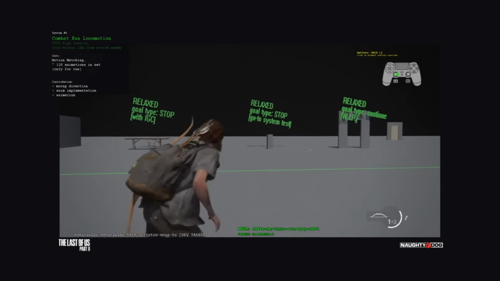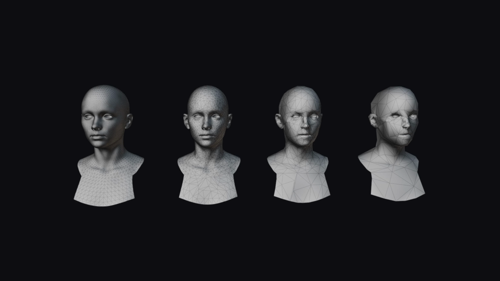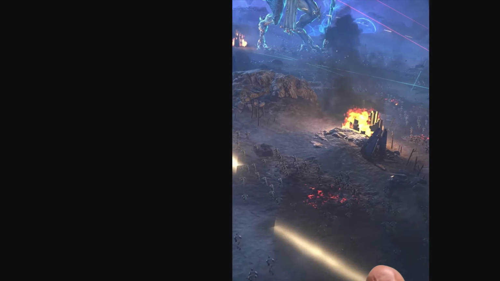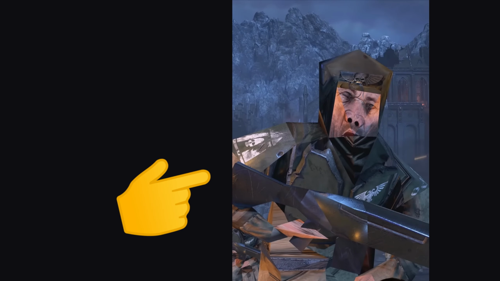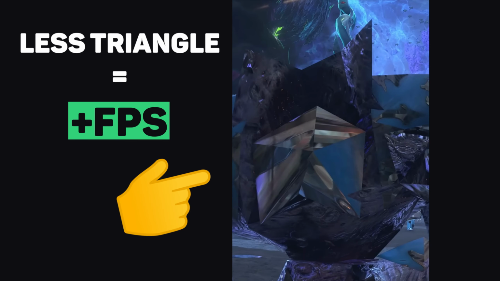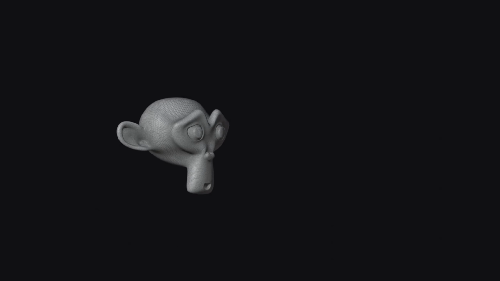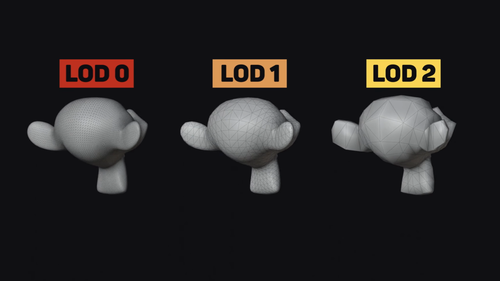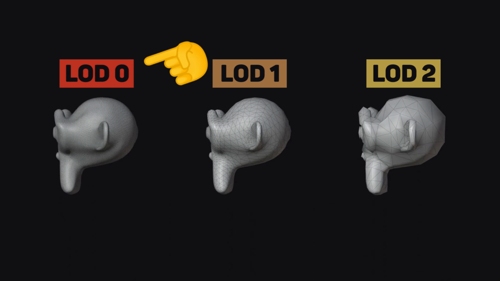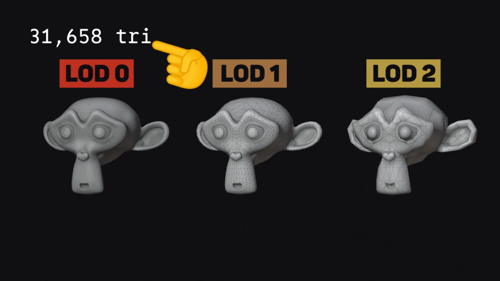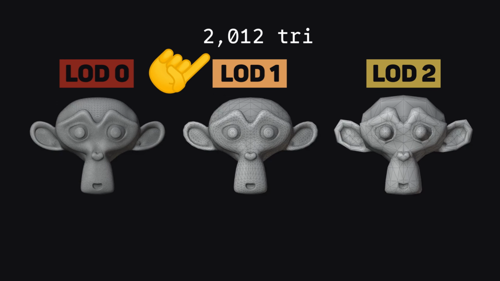Level of detail, or LOD for short, is an optimization technique used in video games. This technique is often applied to the 3D models by reducing the fidelity of distant objects and therefore improving performance. It works by creating different versions of the 3D model with different levels of detail. The highest detailed mesh, or LOD 0, would have the highest number of triangles, and we'd have fewer triangles with